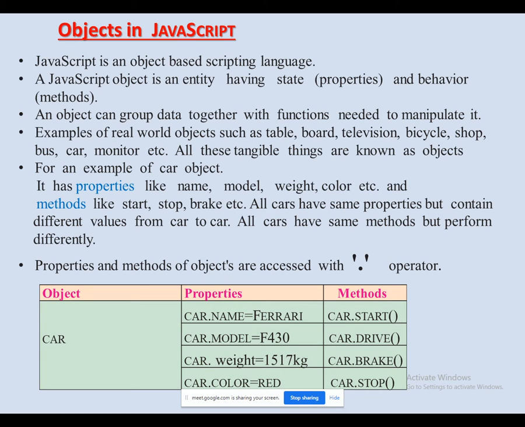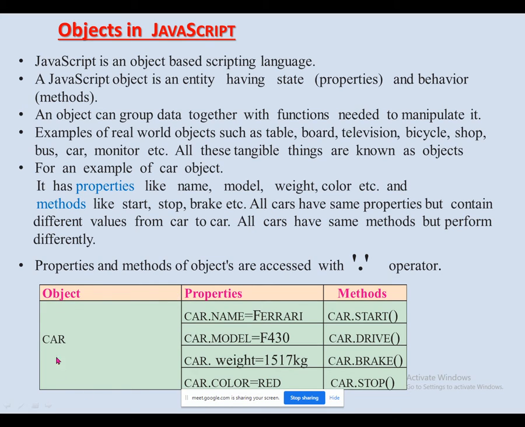Some ready-made objects are there, and the user can also create their own objects. And that's why the very first statement is true here: JavaScript is an object-based scripting language because JavaScript supports objects. यहाँ पे कुछ रेडीमेड ऑब्जेक्ट्स हैं, बहुत इंटरेस्टिंग ऑब्जेक्ट्स हैं which you are using while writing your program, and in the advanced part of JavaScript, you can create your own object also. Okay, so this thing is clear here, I think so.